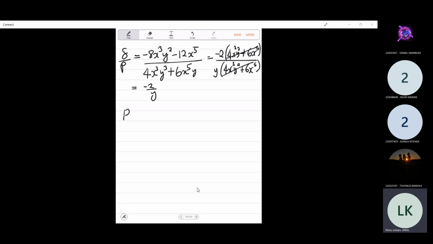So our integrating factor will be e to the power of the integral of -2 over y dy, which is e to the power of ln of y, which is y squared. Okay, then we multiply everything by